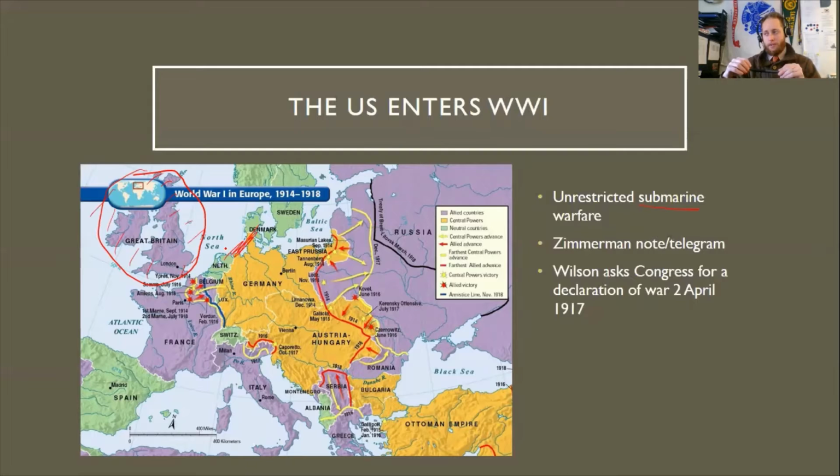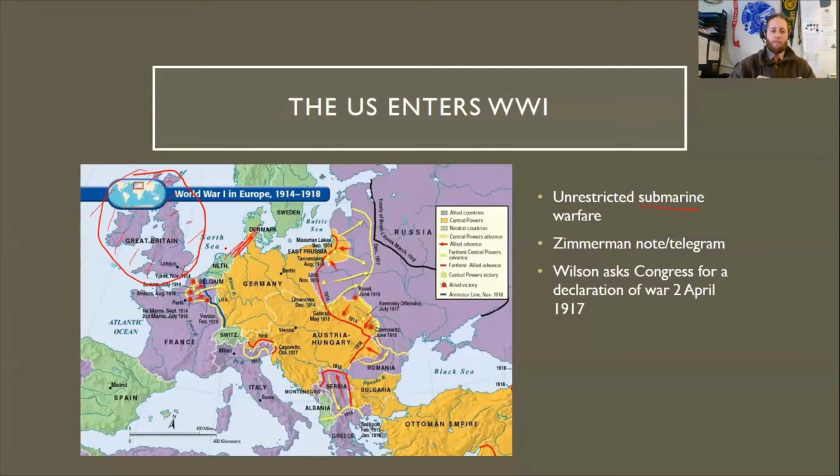Now, the Germans had been expanding their submarine warfare to the point where it was becoming unrestricted, in the sense that it didn't really matter what flag was flying, didn't really matter if it was a passenger vehicle or a war vessel. There was a strong likelihood that if a ship was spotted by German submarines, it would be targeted and destroyed, hopefully with a warning for civilians to evacuate, but not always the case, especially with the fog of war.